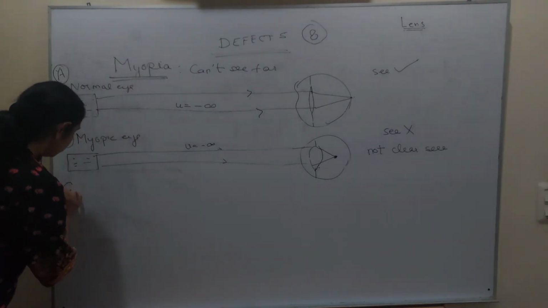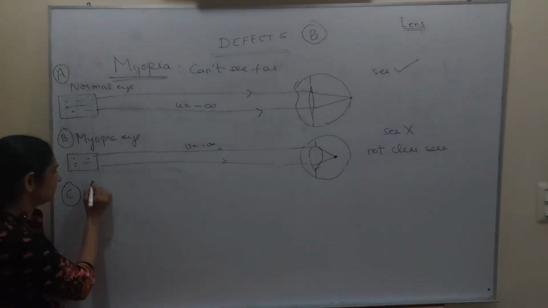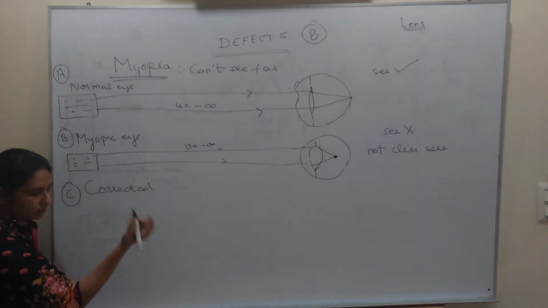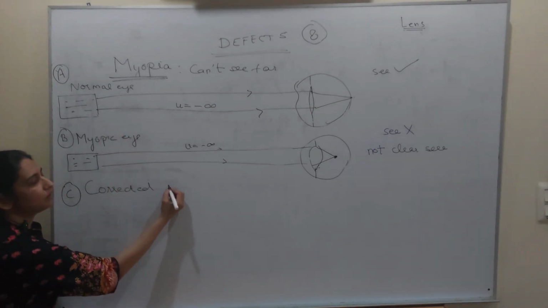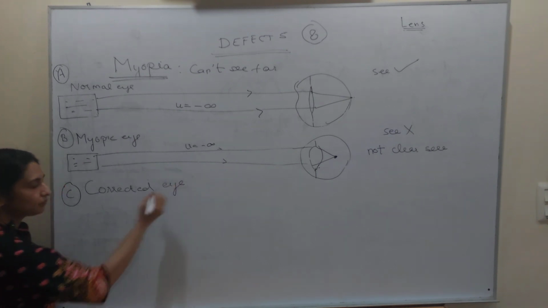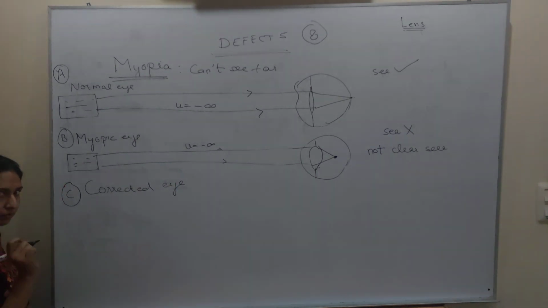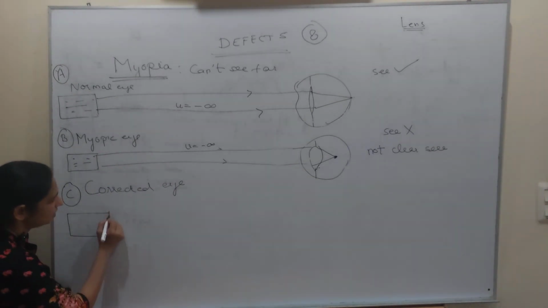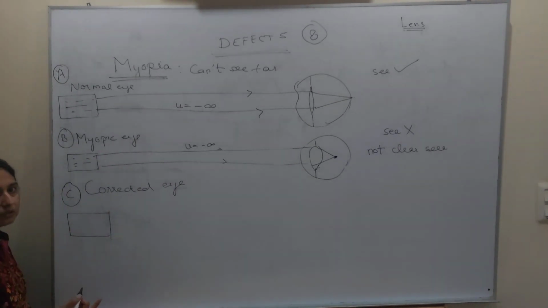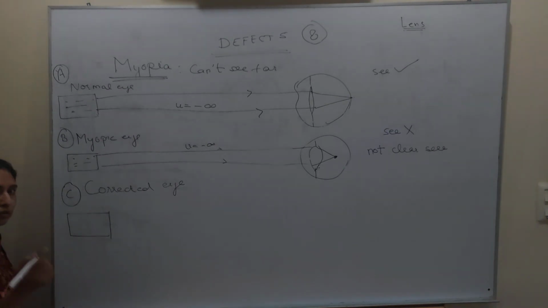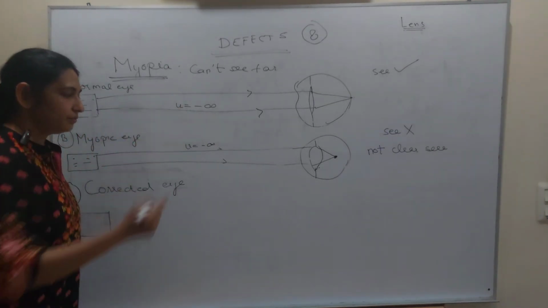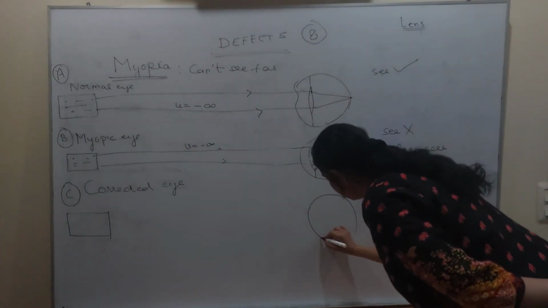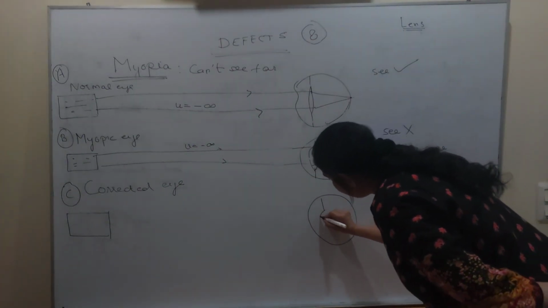Now we come to the third eye, which is the corrected eye, which is of interest in this topic. We have done all of this before. Which is the corrected eye. So let's see what has happened. Has the board moved? No, it is still there where it was. Have we moved? No, we have also not moved. We are still on the last bench. We are still far away from the board. Our eye lens is still thick.